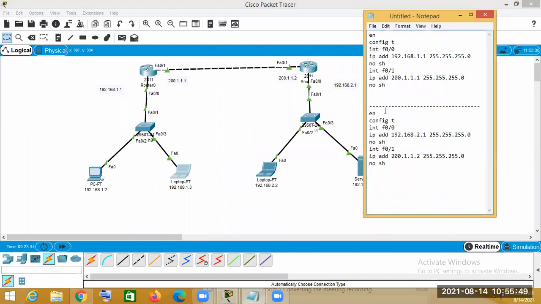We first use the command router, because it is a routing protocol, then router ospf 1.